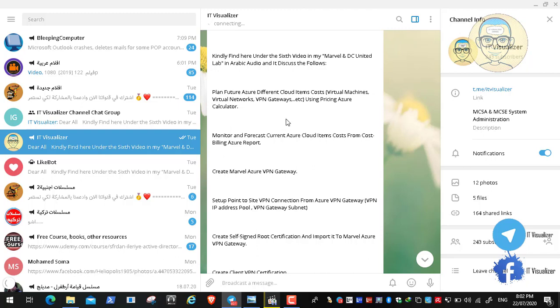Okay, so we have discussed this in the previous video, and then we began creating a VPN gateway, or Azure VPN gateway. We will use this Azure VPN gateway to connect from my laptop to the Azure virtual network, the Marvel Azure virtual network, through a VPN connection. This VPN connection will have 2 parts, or 2 sides. One is from the Azure VPN gateway, and the other side from my VPN client, or my client side,